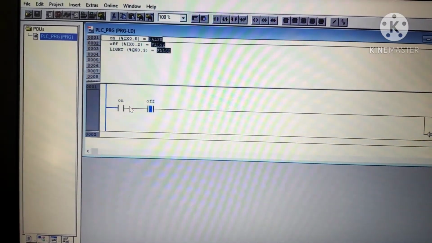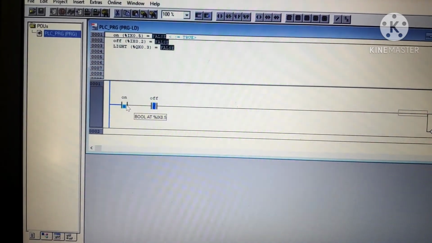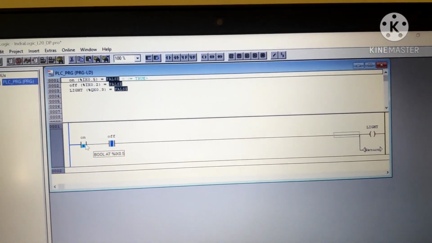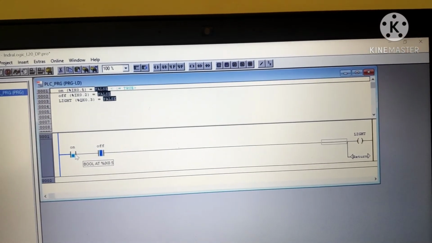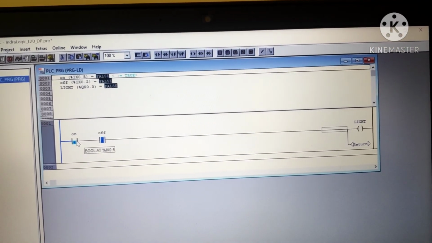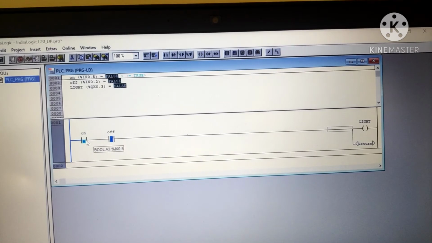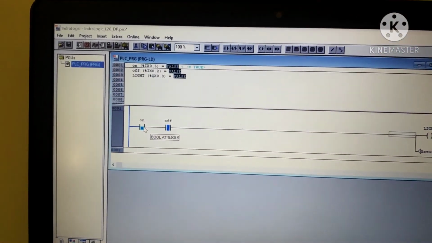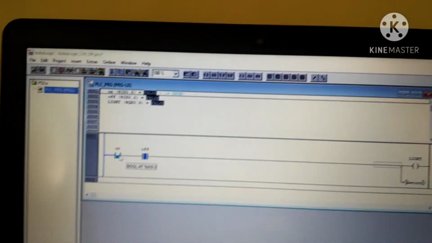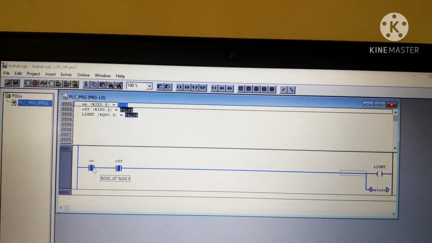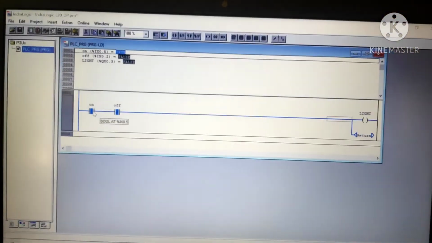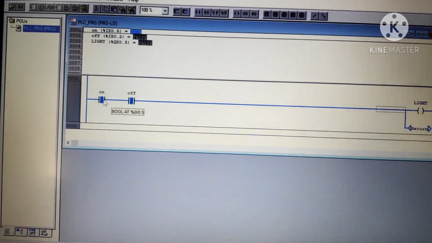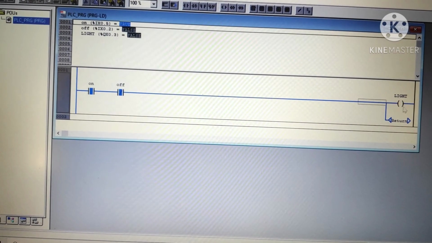Double click and press Ctrl, function key and F7. If sometimes on some systems it's only Ctrl F7. On some systems you need to press Ctrl plus function key and F7. Double click.